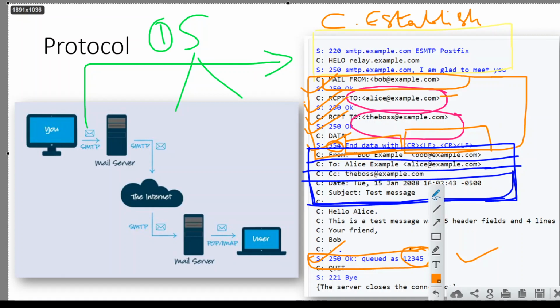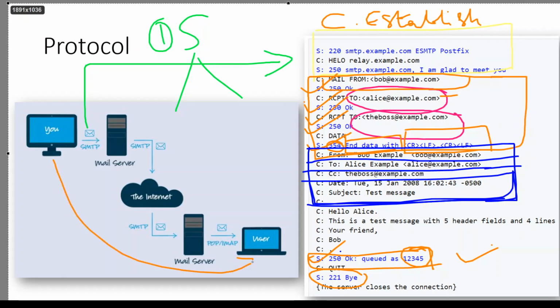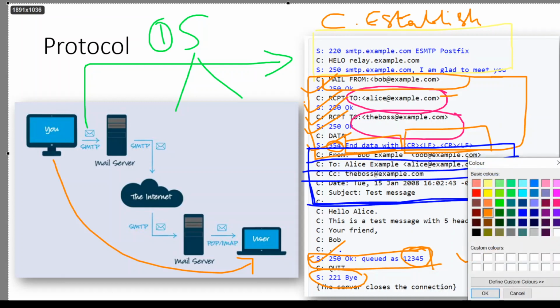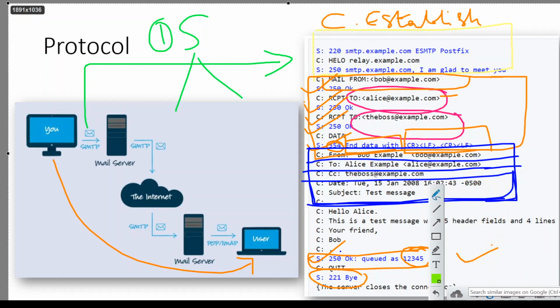And then the sender, that is the client, says quit, meaning okay, I'm getting out, now I have sent the mail, done. Then the server says okay, bye, that's all. Now we do not have any kind of acknowledgement whether the mail is actually sent to the user. We are just relying on the entire process on the server. The server knows, okay, the entire process takes a couple of seconds.